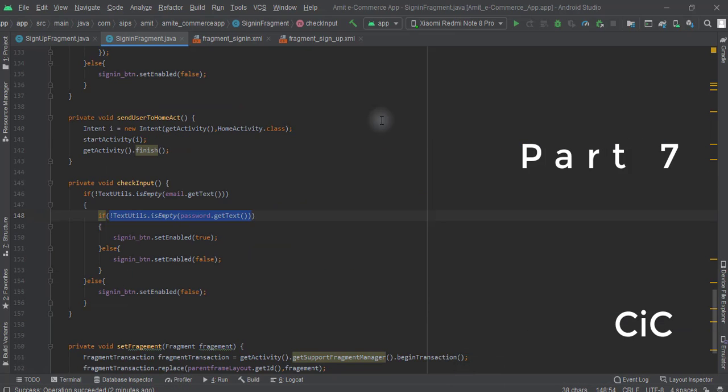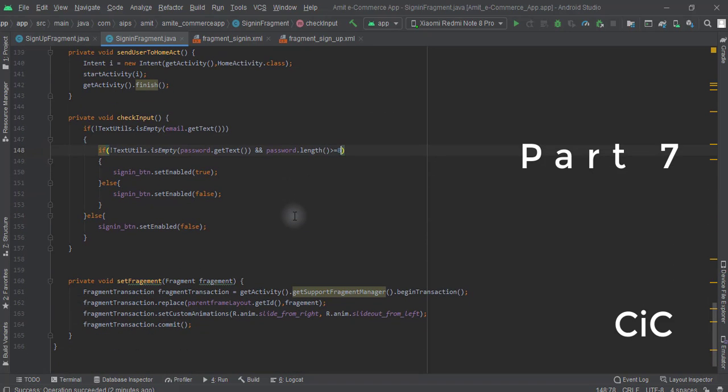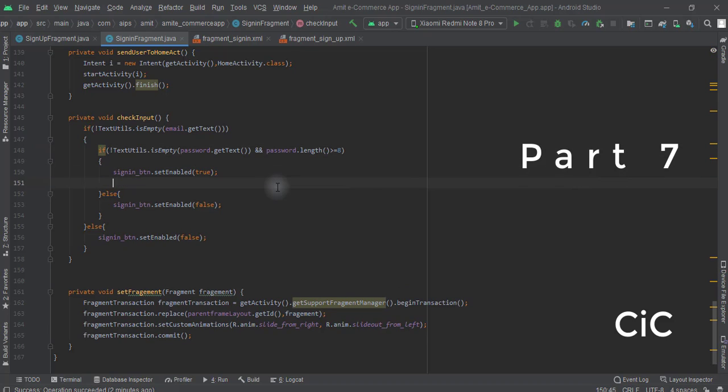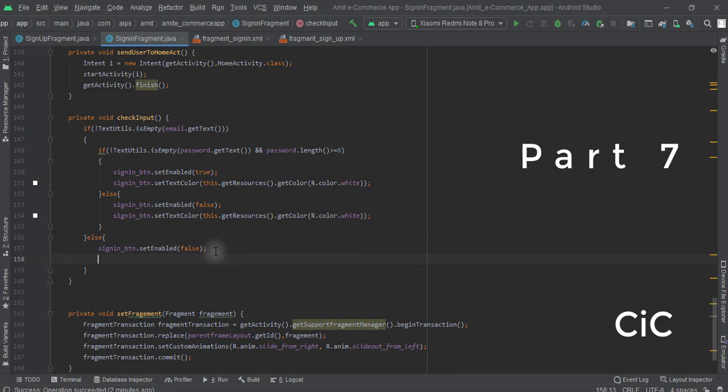Guys, before moving further to run our app, let's add the length here as well. So we added the length. Now let's add the color as well, because obviously the text color is not supporting. Click this sign in button, because we copied it from there. So again, just copy this and paste it here.